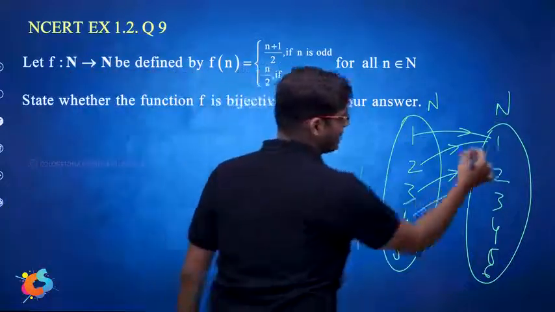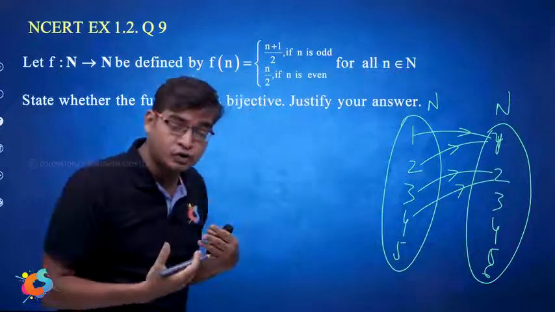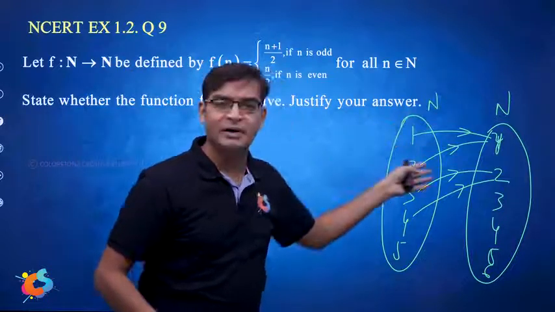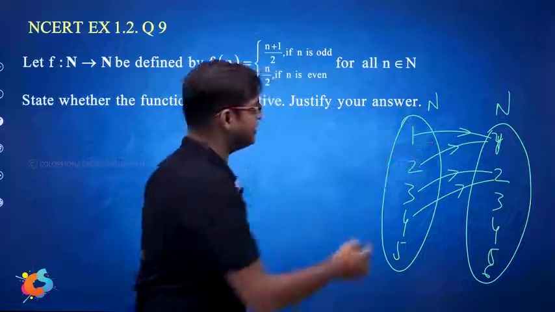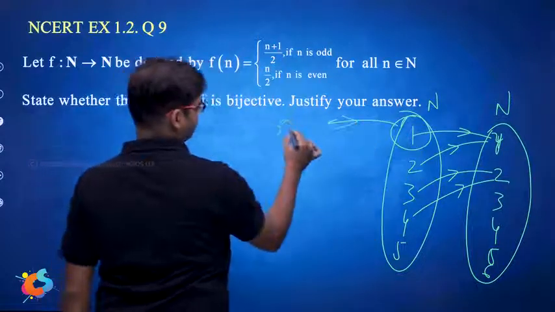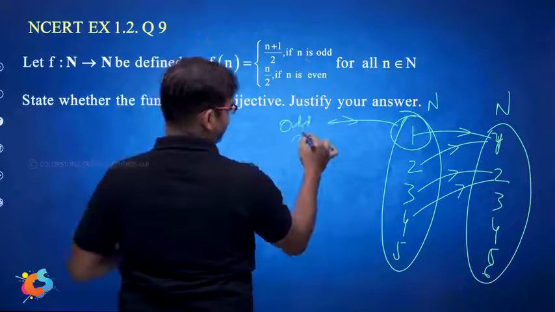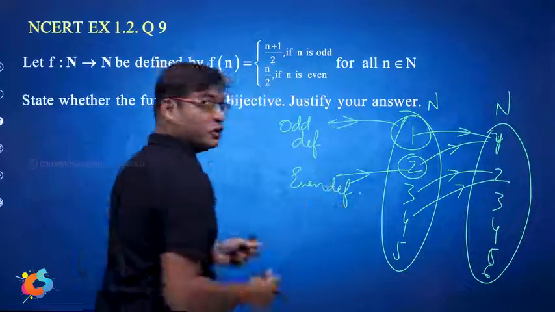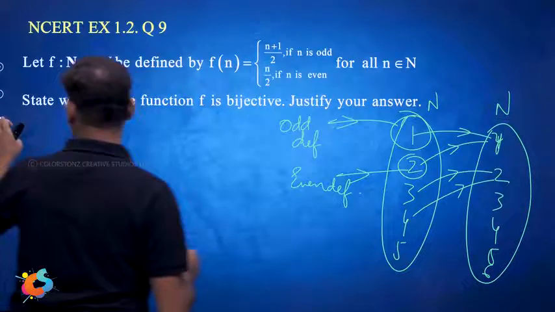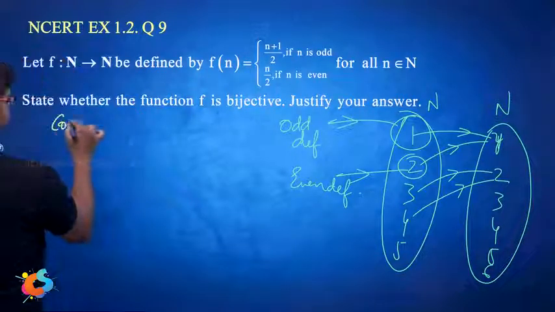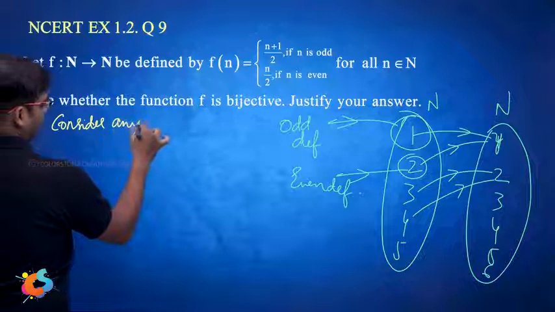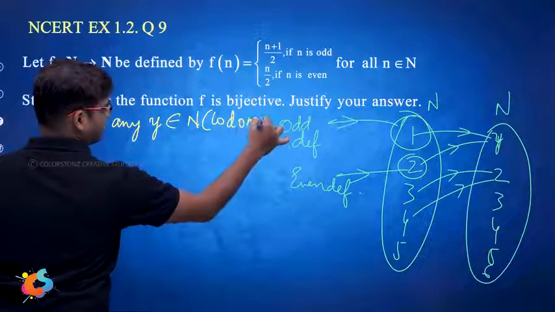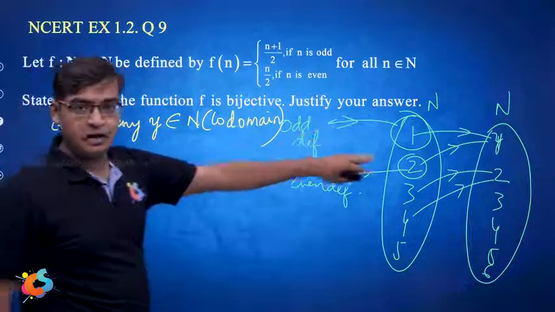So therefore, if you have a value of y, you are having two things which are mapping to it. So that is all we have to prove. You take any value of y here. You have two things mapping to it. One is 1, one is 2. So this is coming because of odd definition, right? This definition, odd definition. And this is coming because of even definition. So that is what we are going to show now. So you consider any y belonging to N, which is our codomain. We have considered any y which is belonging to our codomain, then